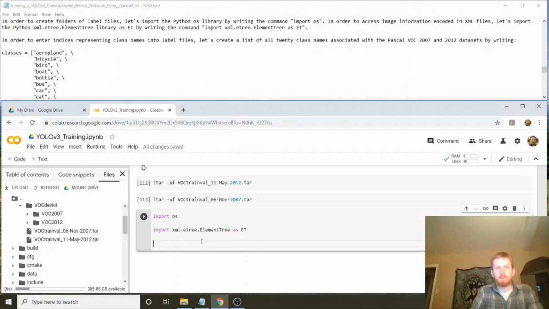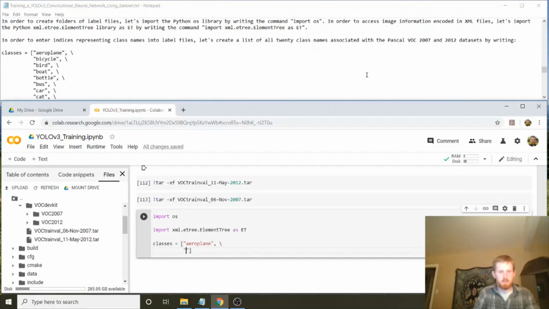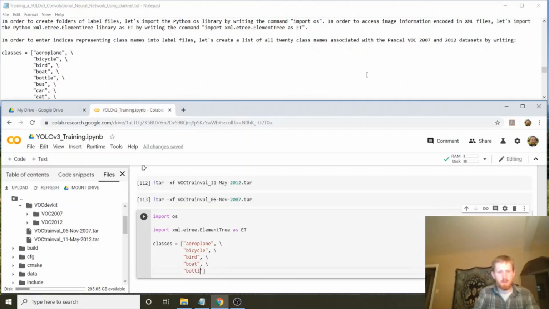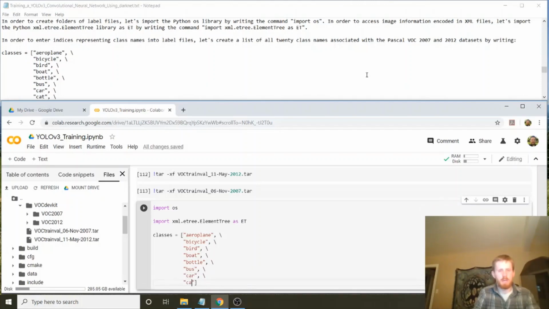In order to enter indices representing class names into our label files, let's create a list of all 20 class names associated with the Pascal VOC 2007 and 2012 datasets by writing classes equals airplane, bicycle, bird, boat, bottle, bus, car, cat,